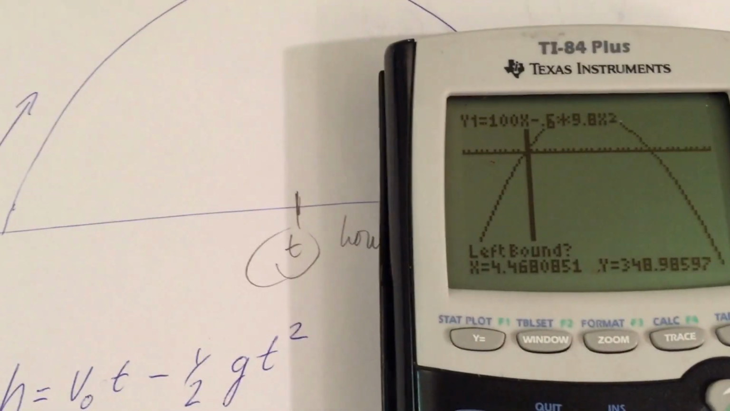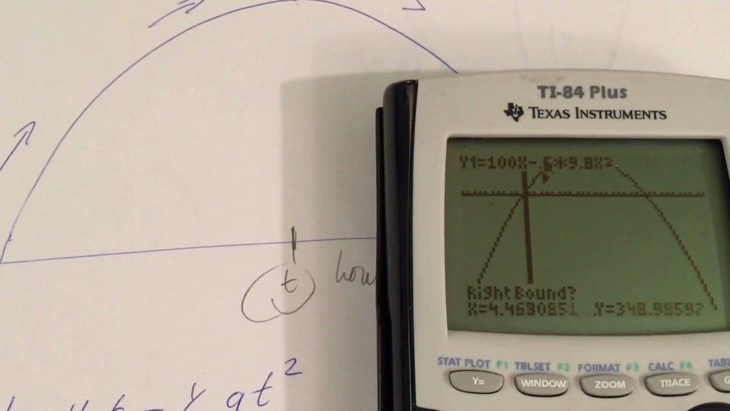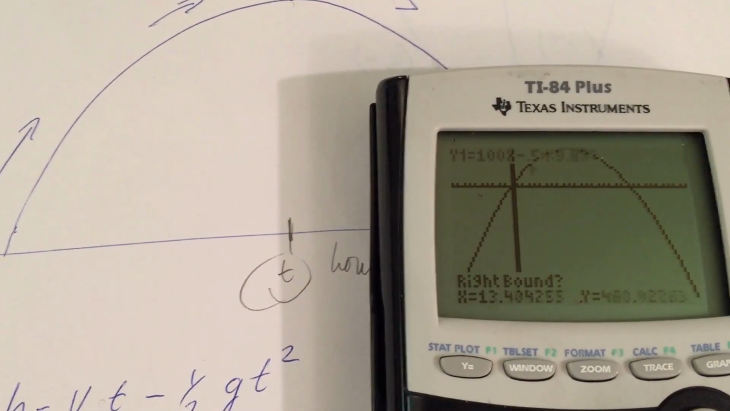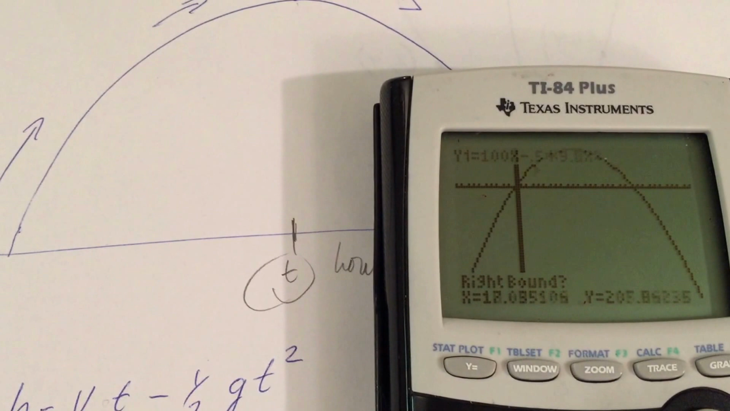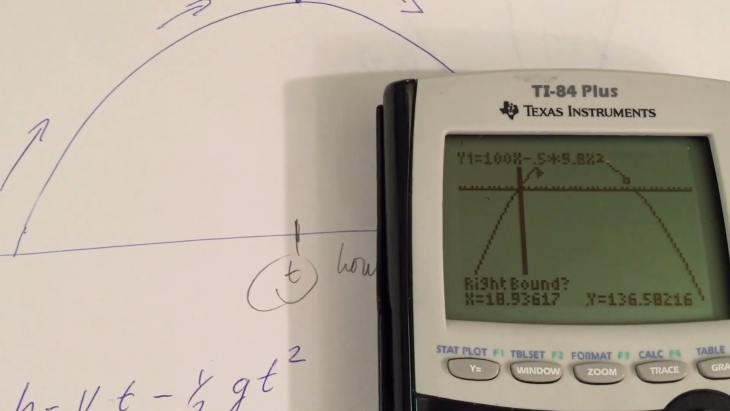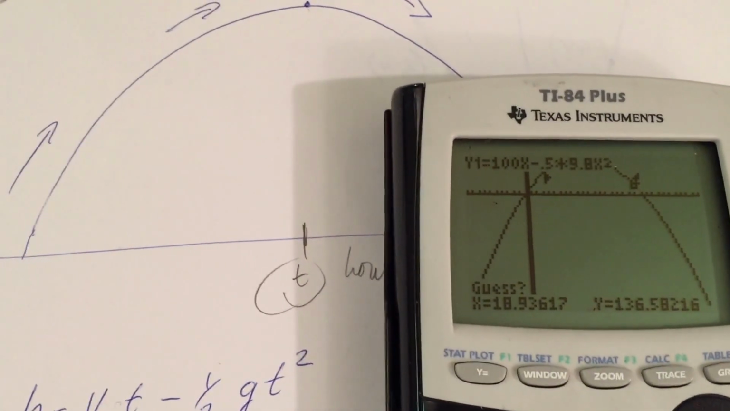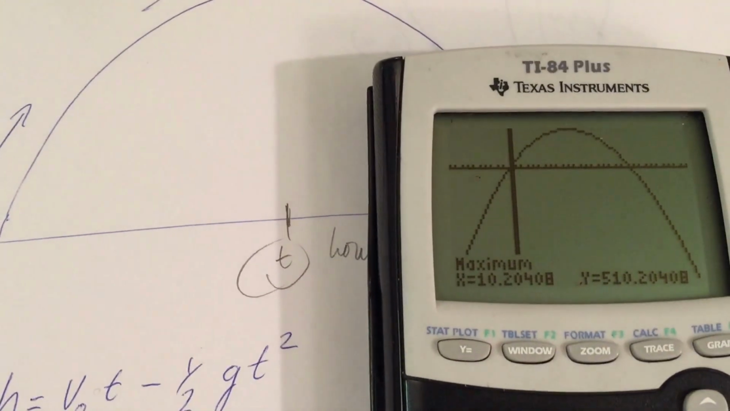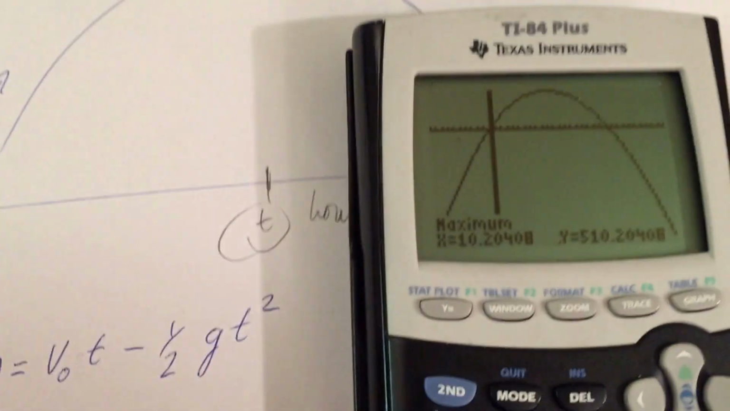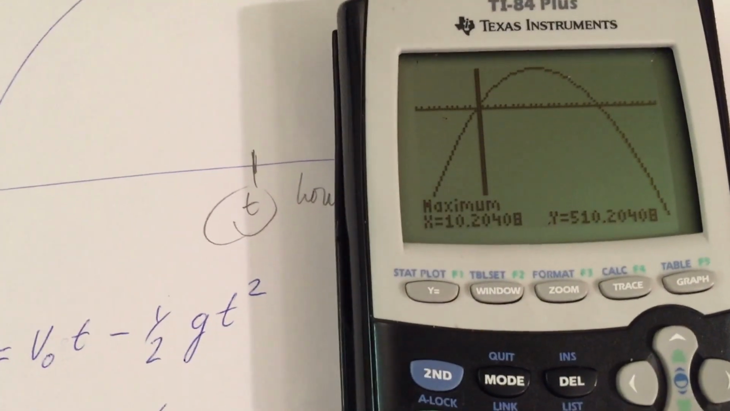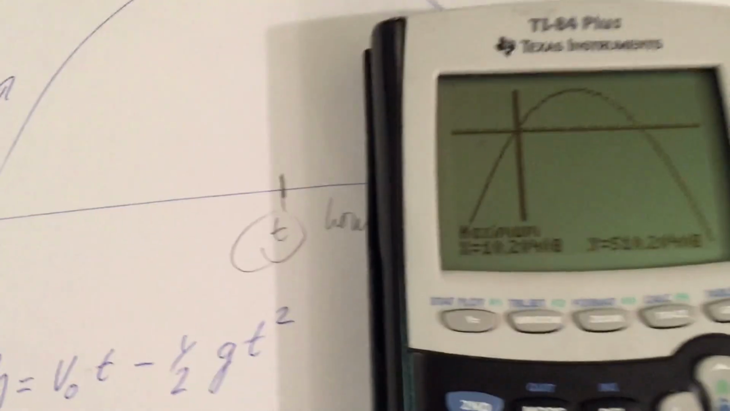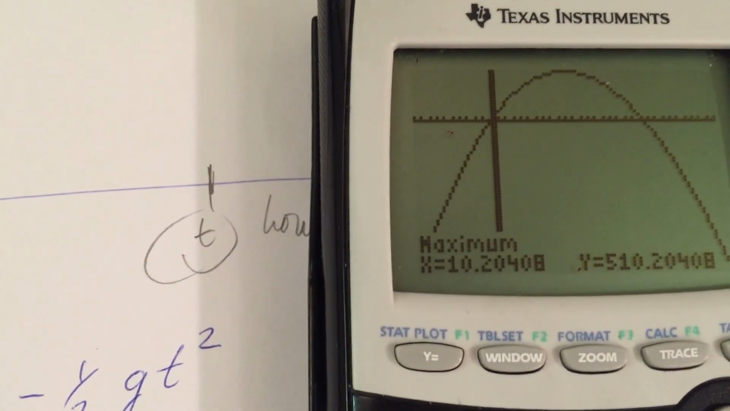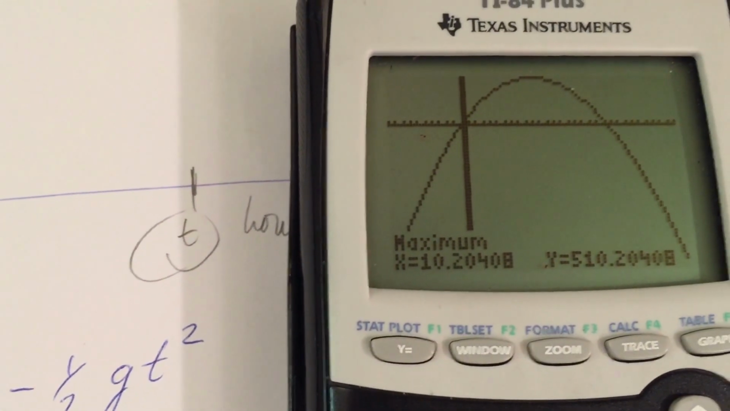and then we're going to press enter, and it's going to prompt you for the rightmost bound, right? So we're going to go past the maximum, and we're going to get to the right of it, and we're going to press enter again. Now it's going to ask you for a guess, and then we're going to say, boom, it finds the vertex, and it's telling us that the vertex is 10.20408, and that the y value would be